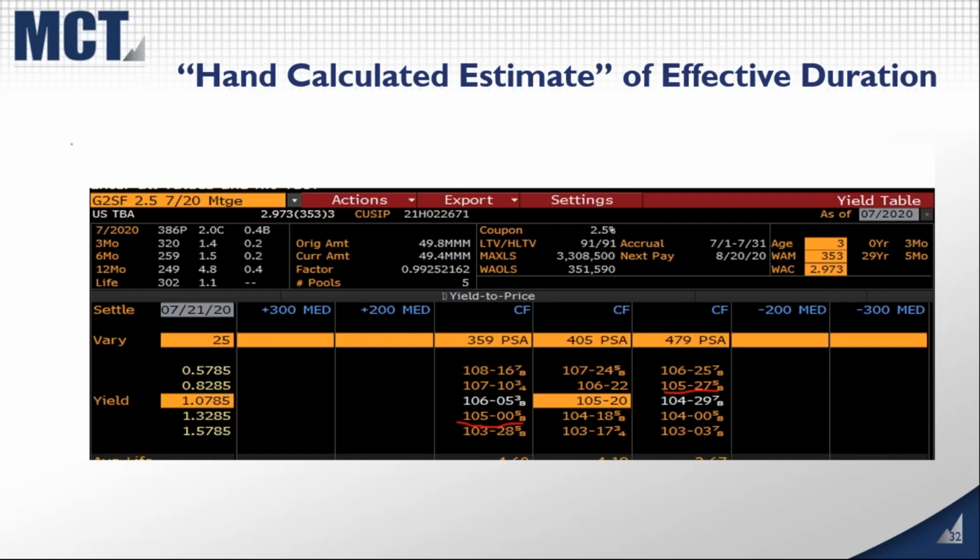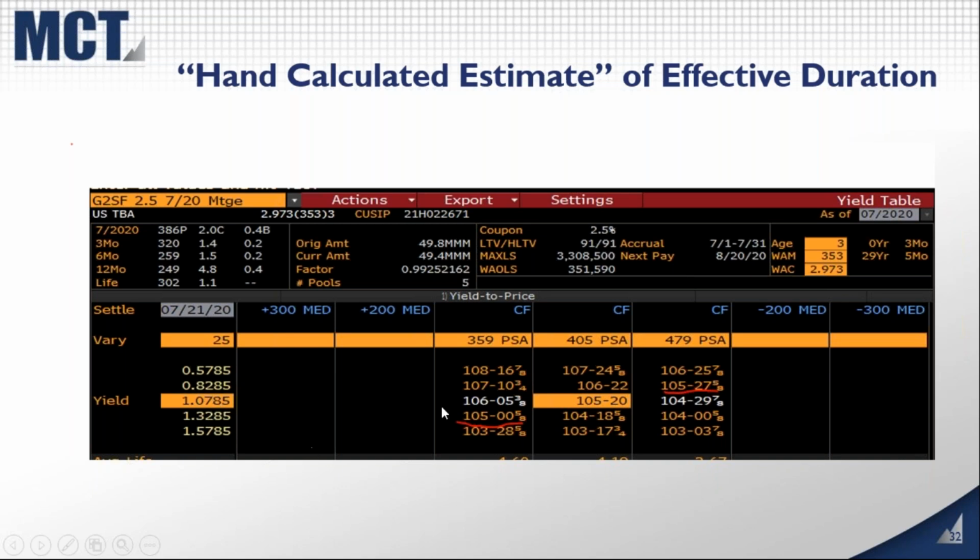One thing you can do with that, though, is take those and calculate your own very crude durations based on a 25 basis point up and down movement. I use 25 as the smallest increment that I'd want to use. So you can see here that at 105.20, 405 PSA comes out with a yield of 1.07 and change.